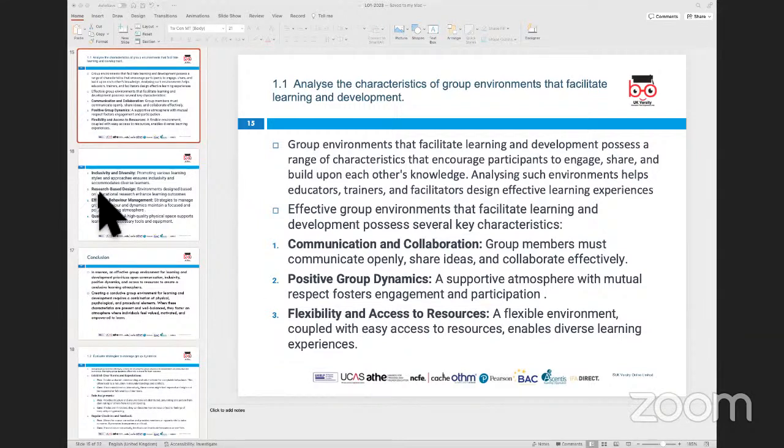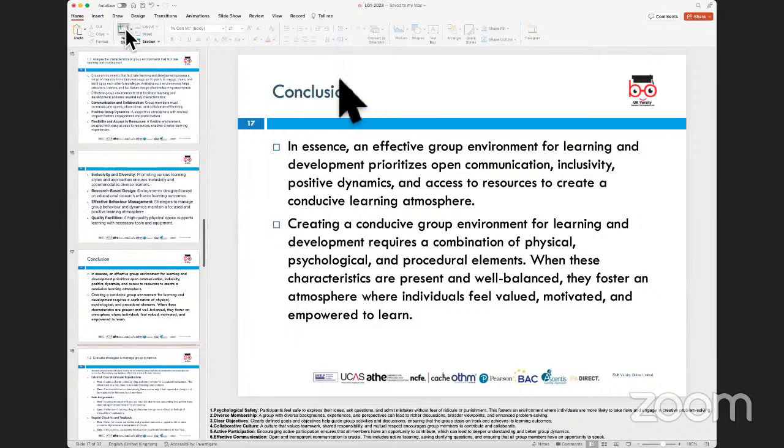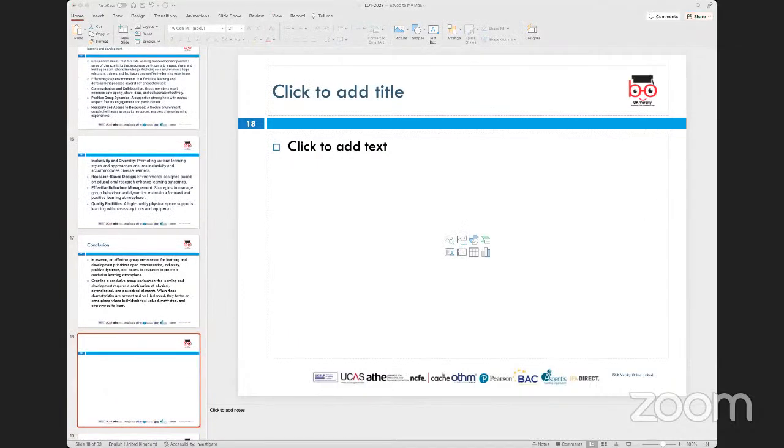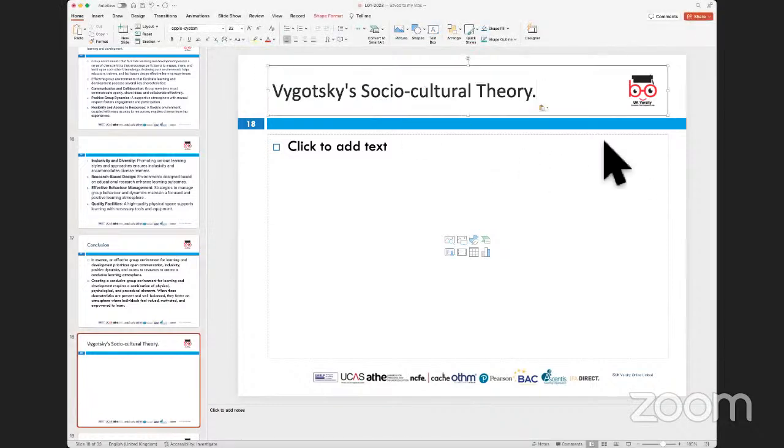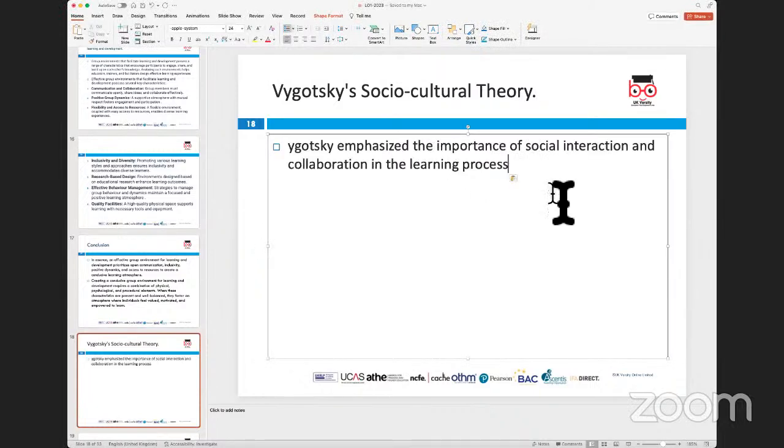and also to develop a deeper understanding of the subject matter. So when we talk about the concept of group environment in general, what I would suggest is that we look at this particular theoretical framework, Vygotsky's sociocultural theory. This theory primarily emphasized social interaction and collaboration in the learning process. And some of the key characteristics included in his framework, if I write them down,